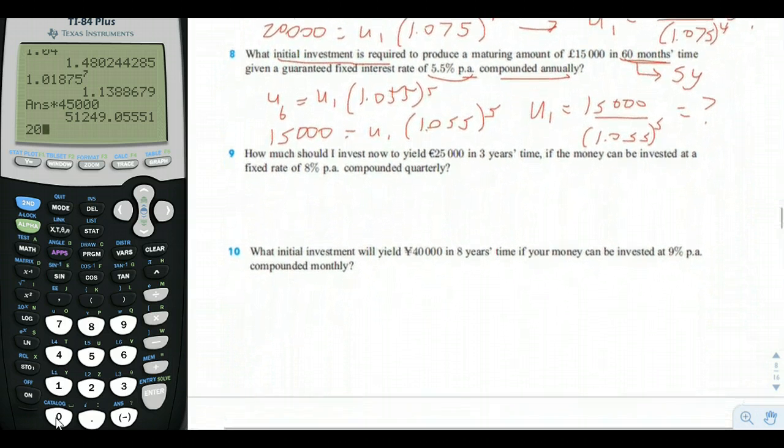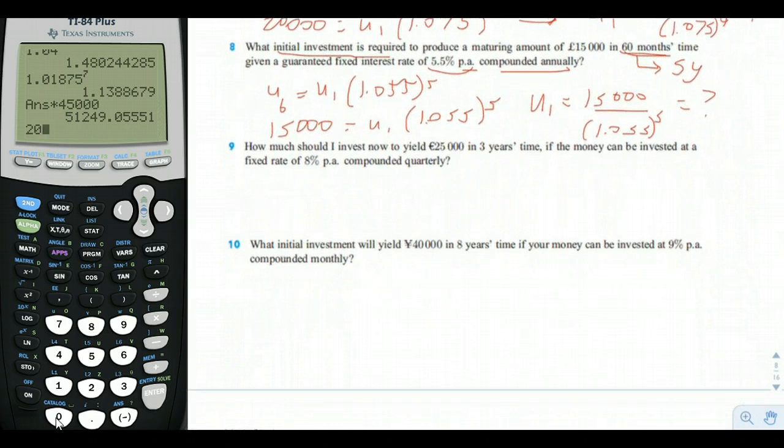Okay, how much should I invest now to yield 25,000 in 3 years' time if the money can be invested at a fixed rate of 8% per annum compounded quarterly? Okay, now they're making things a little bit more difficult for us. Let's see, 3 years' time compounded quarterly. So how many quarters in 3 years? There's going to be 12, right? 3 times 4. So 12 quarters, which means 12 compounding periods,